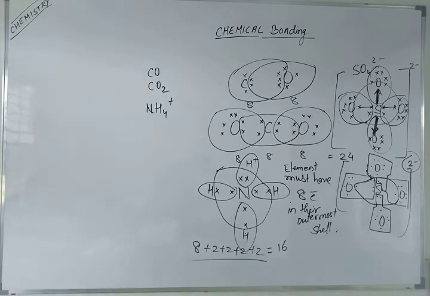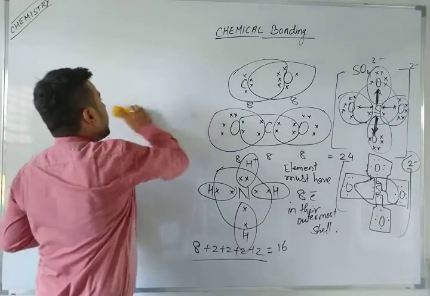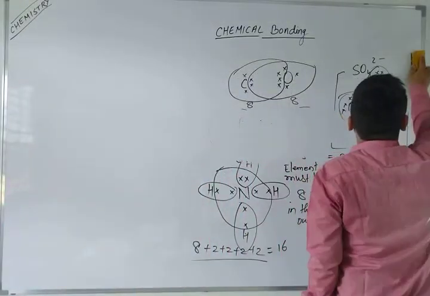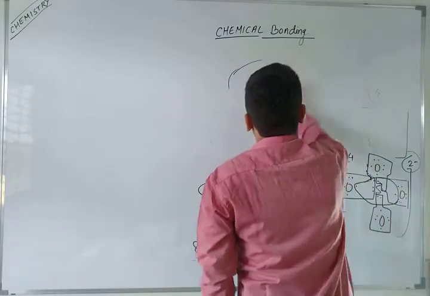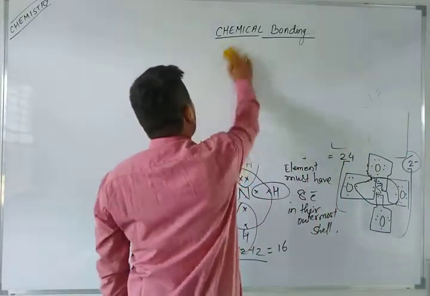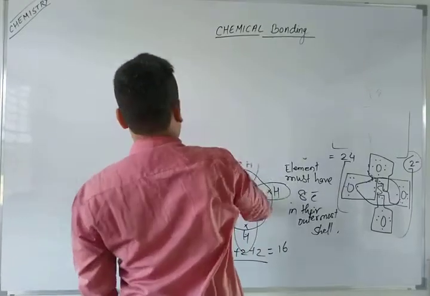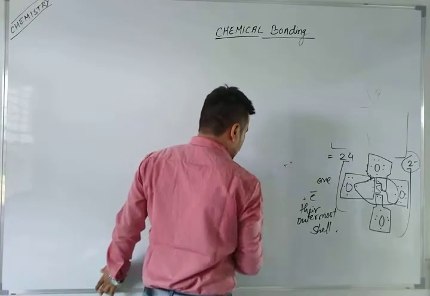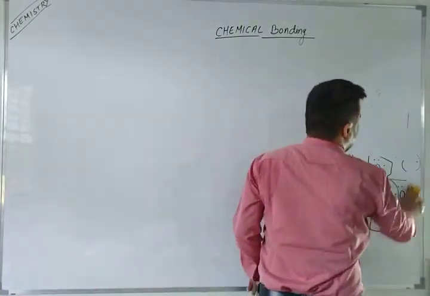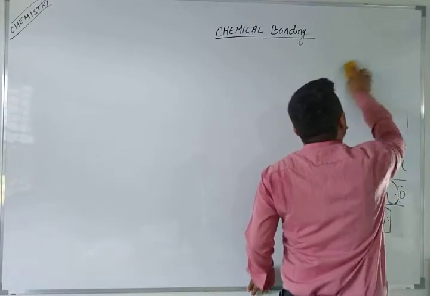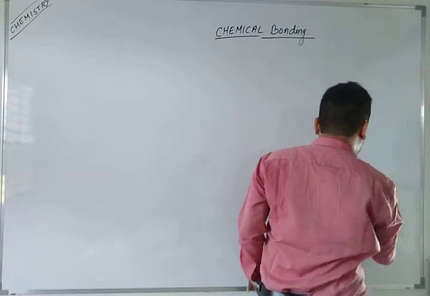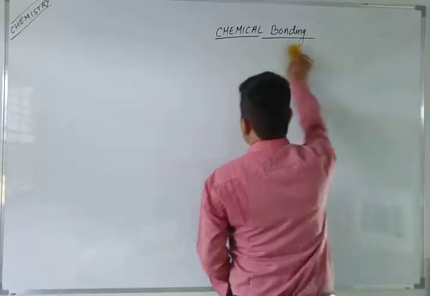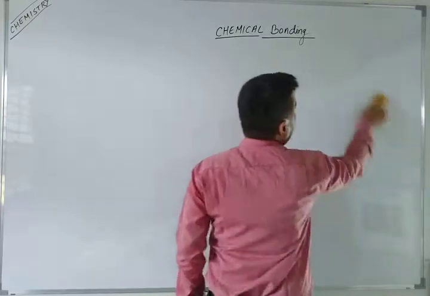Now I am moving towards the formal charge. You know very well what is formal. Can you tell me what is formal? Leave the formal charge, tell me about the word formal. Whenever you go to school, you wear a uniform. But have you ever thought about your dad's uniform? They wear a formal shirt and formal pants to go to their office, right? But here it is about the formal charge. I am talking about valency and oxidation state. Similarly, there is one charge called formal charge. Our new topic is formal charge.